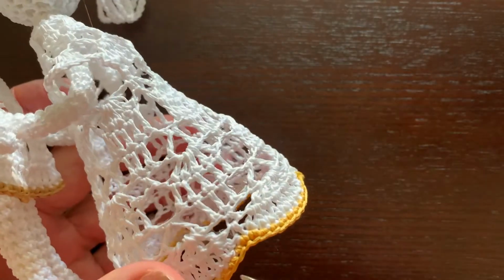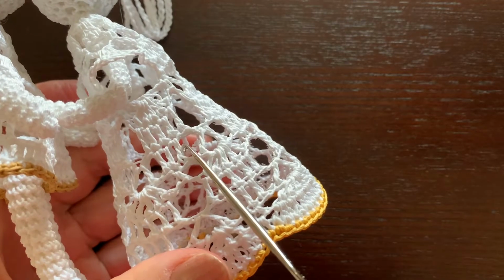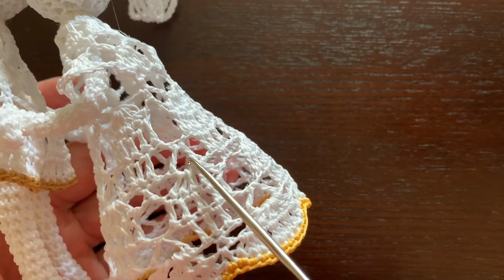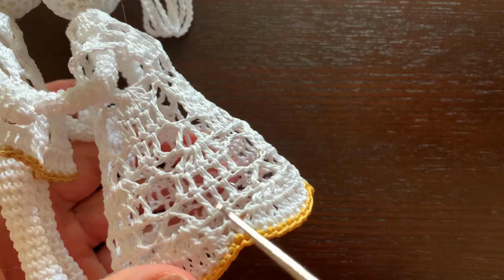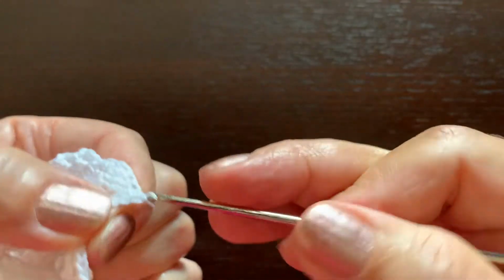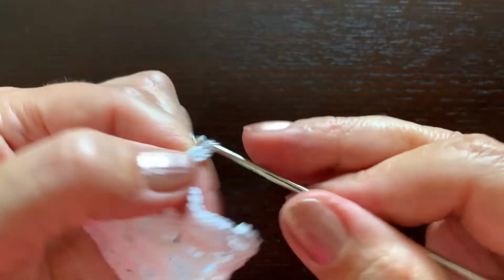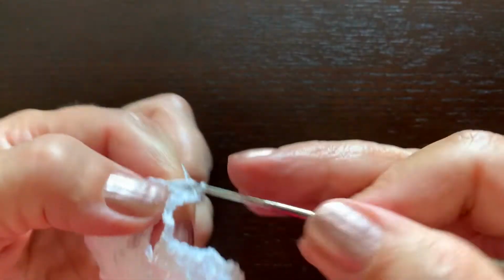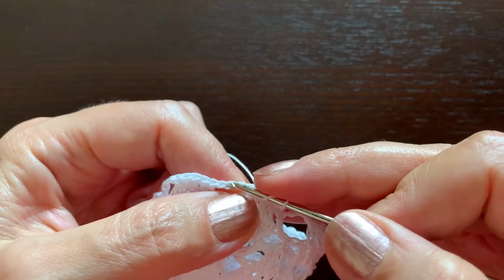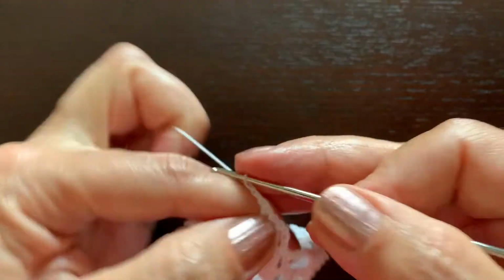And once again, we are repeating the round that we made before, where we made 3 double crochet stitches and 2 double crochets with 3 chains between them. So this is going to be the round we are making. So a slip stitch, chain 3, double crochet, and another one, 3. Now chain 1, here in the middle of the 3 chains we are making a double crochet, chain 3,